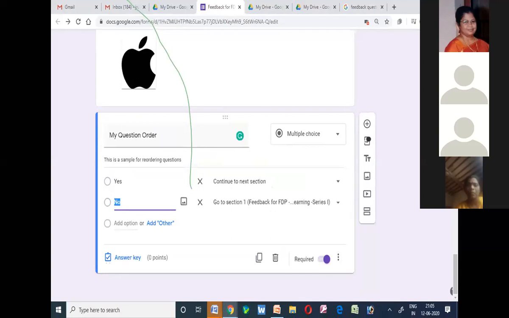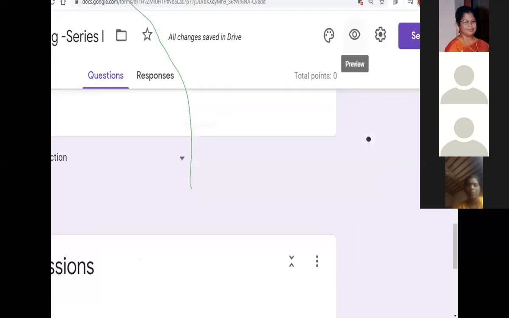So depending upon the application you are going to use, that is, the purpose for which you are going to create the feedback, we have to create your forms. For this, these 6 options are useful for us. The first one is add question, second one is importing, third one is adding title, fourth one is inserting image, fifth one is inserting a video, and sixth one is inserting sections or creating different sections.